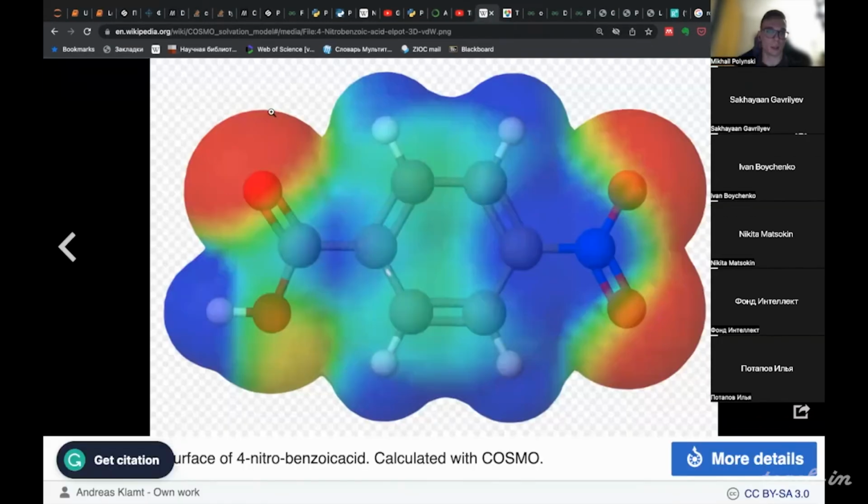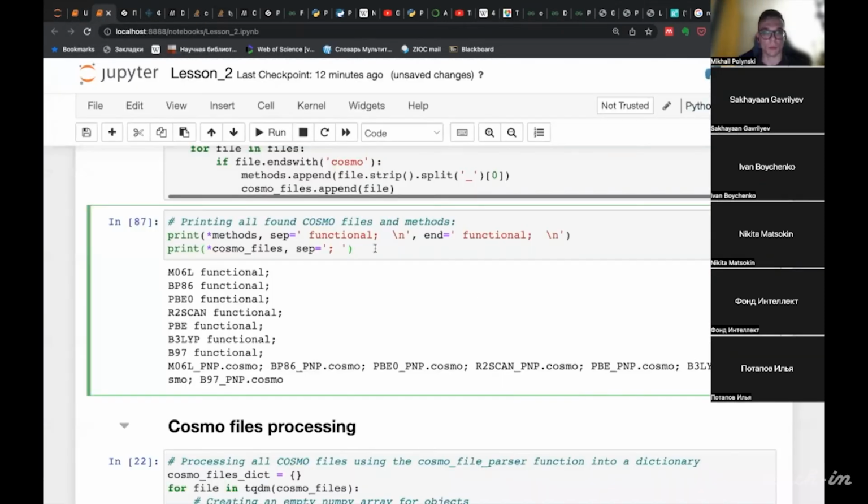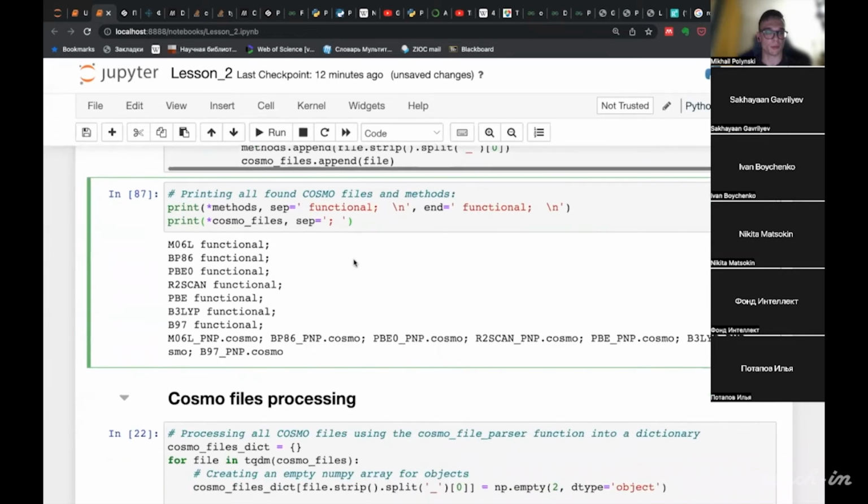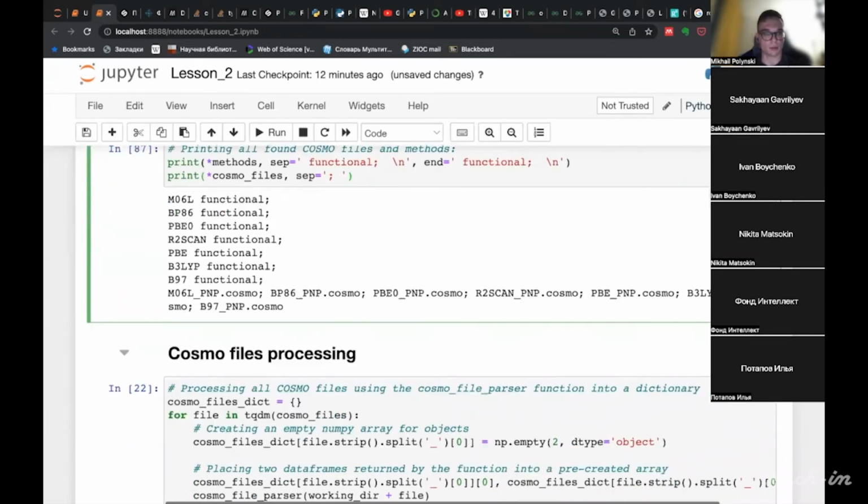For example, here we have more negative groups. Here we have more electropositive groups. We will use these COSMO files for graphical visualizations.